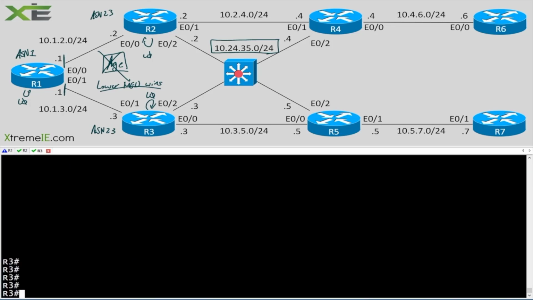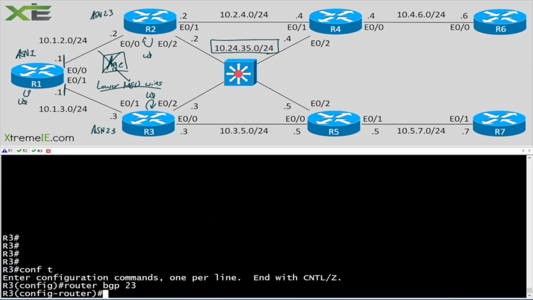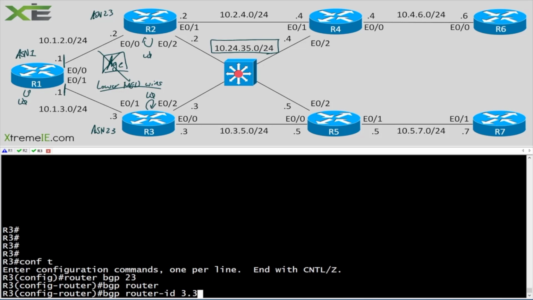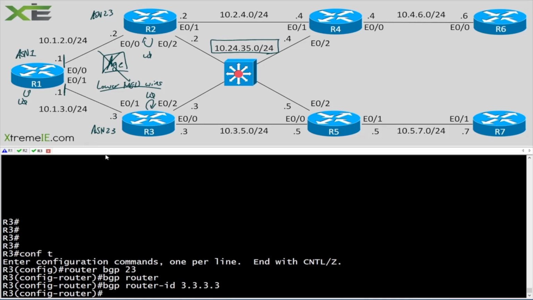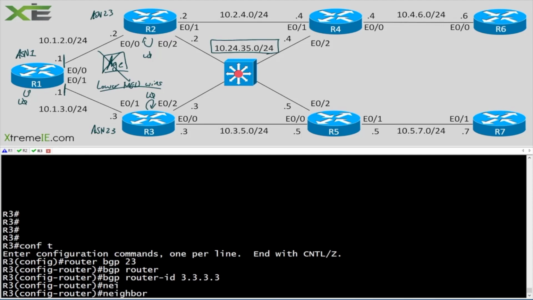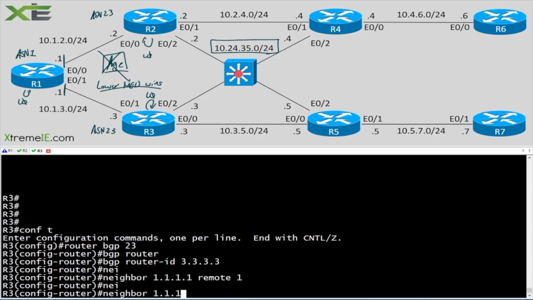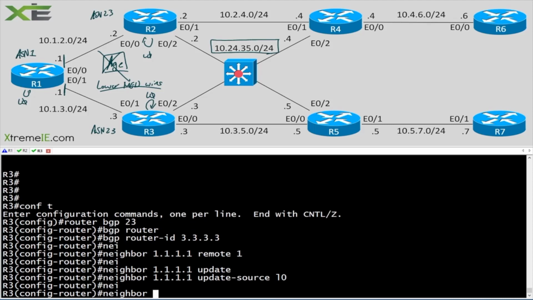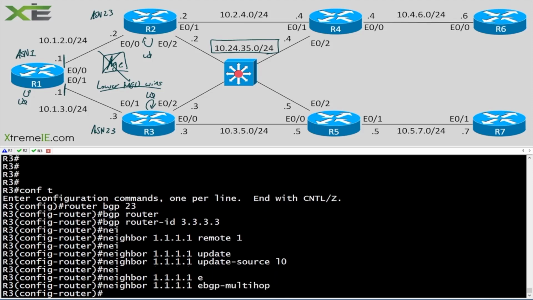Let's go to R3, wake him up, config t, router bgp 23, bgp router-id 3.3.3.3, and like I said, we are going to change this, so we will go back in, remove this configuration, and say 32 instead, because there's another feature that I want to show you in BGP, which I think I mentioned, the always-compare-med. By default, the MED is only going to be used when the first hop AS is the same. So if this was 23 and 32, by default the MED would not be compared, and you could set it all day long. So neighbor 1.1.1.1 remote-as 1, neighbor 1.1.1.1 update-source loopback 0, neighbor 1.1.1.1 ebgp-multihop,